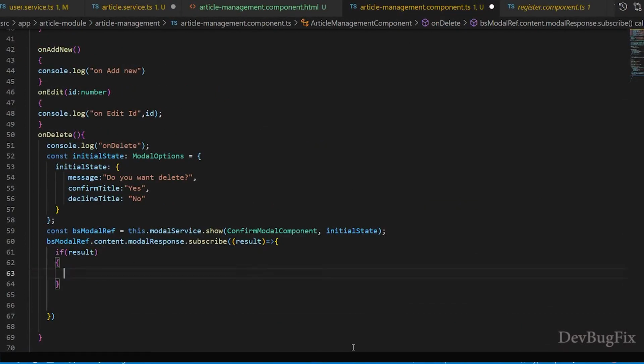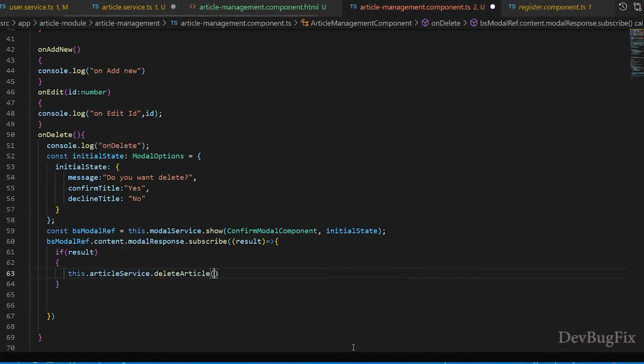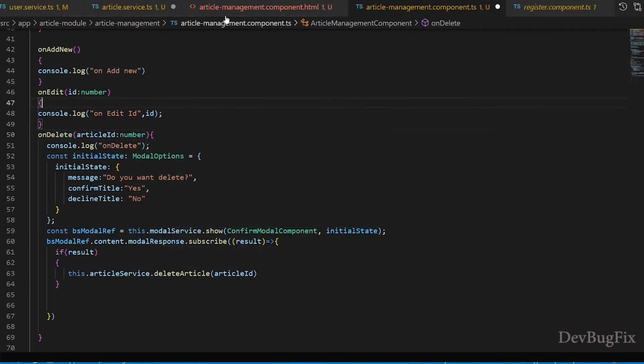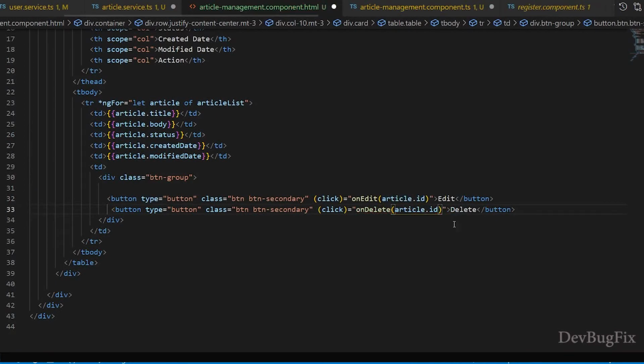In this if condition, we will send delete API request. This dot article service dot delete article, and it will take one parameter, article ID. I will add this parameter in onDelete method, and its type will be number. We will pass article ID from HTML file here. Copy this article.id and pass in onDelete method.